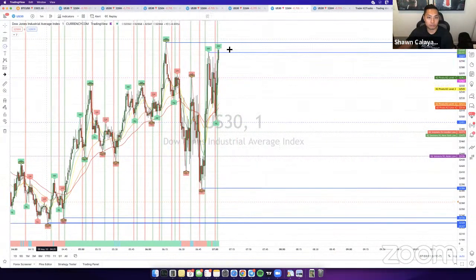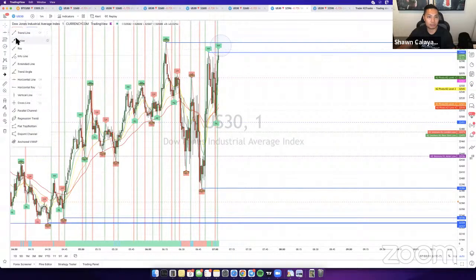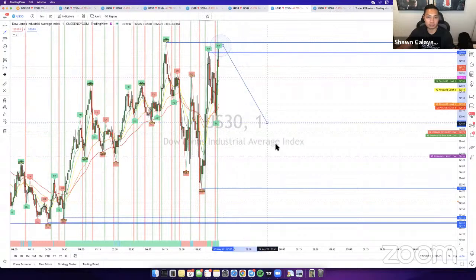So what I'm looking for here is for price to hit the last area of liquidity, right? So I'm basically waiting for it to hit this point. And when it does hit this point, I do think it's about to tumble back down, because once this is hit, it's pretty much hit all of liquidity for this morning.